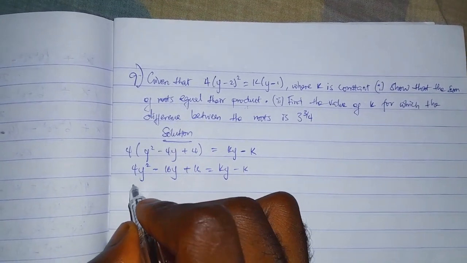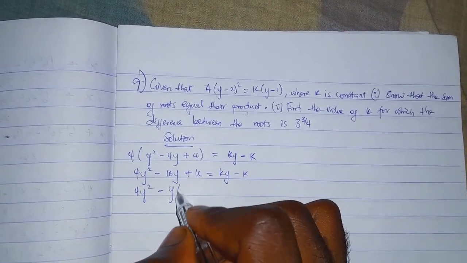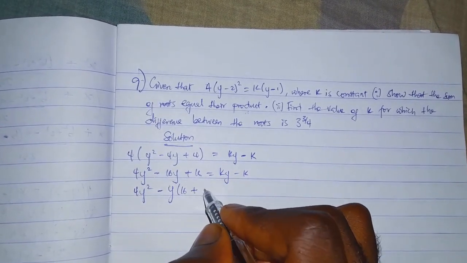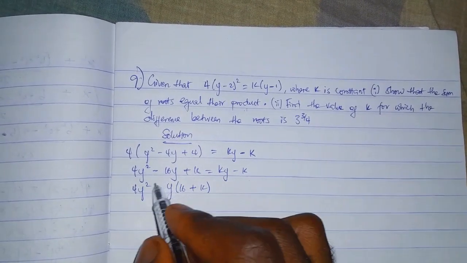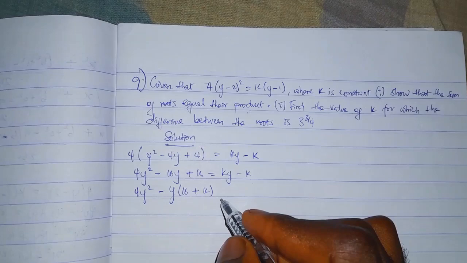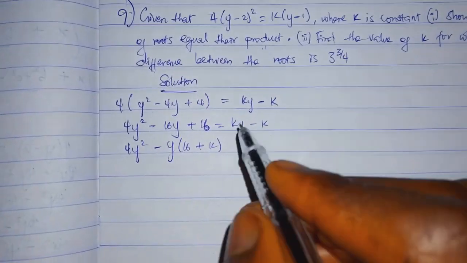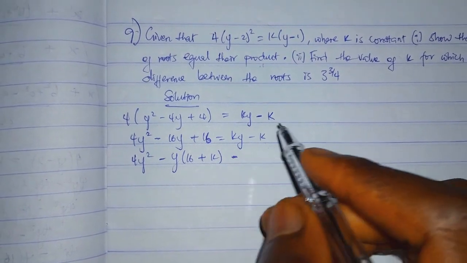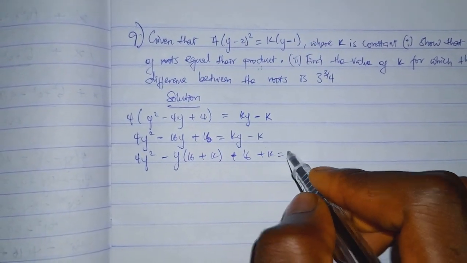Bringing everything here becomes what? 4y² − y(16 + k). How? This comes here to become negative. So bringing y out, because y is common, makes it positive. Now then minus what? Plus 16 plus k